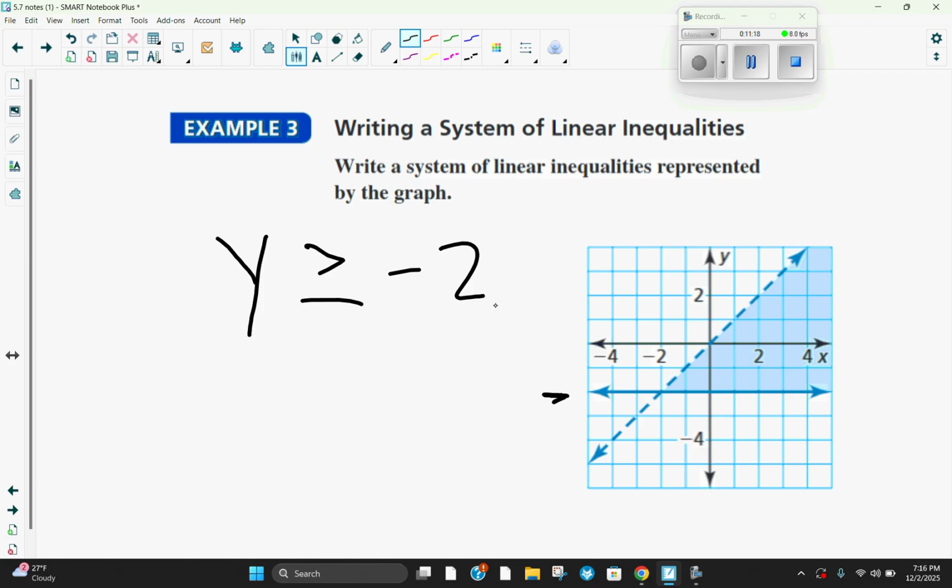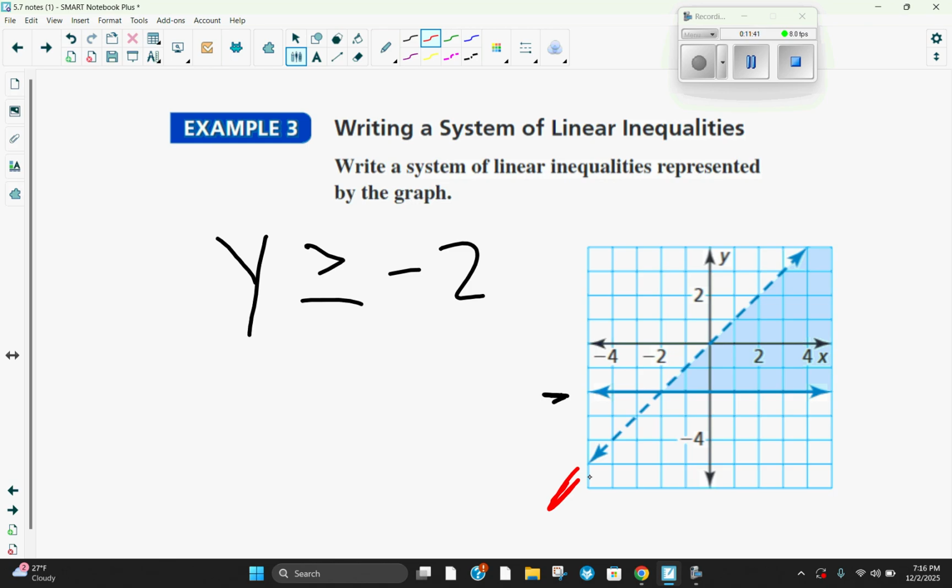Now the other line, we'll do that one in red. That's this guy right here. Its y-intercept is 0, and its slope is, if I look at the line, you go up 1 and over 1, so it's a +1 slope. And the shading is below,